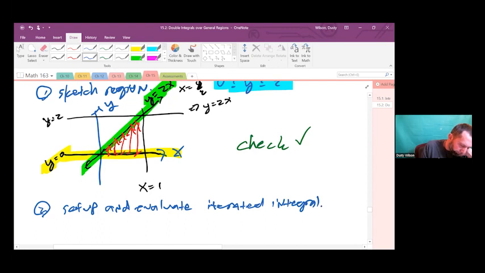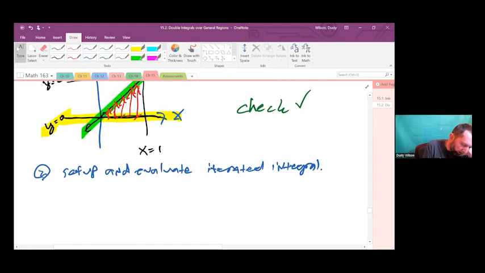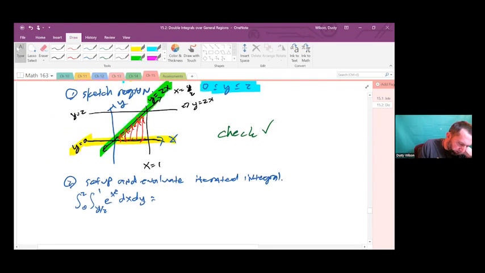Okay. So originally we had the iterated integral from 0 to 2, y over 2 to 1, e to the x squared, dx dy. And now we're saying that this is equal to the integral